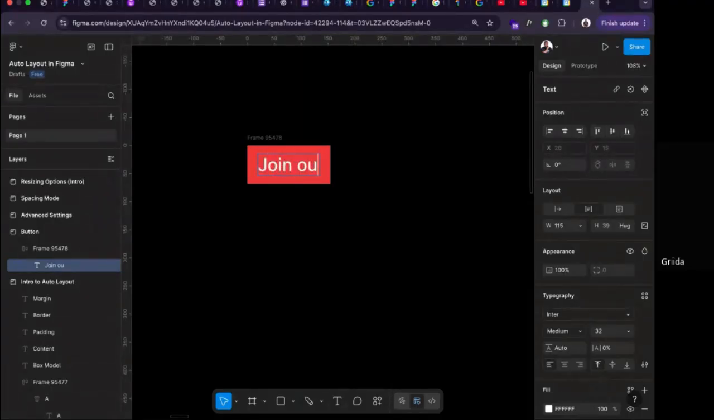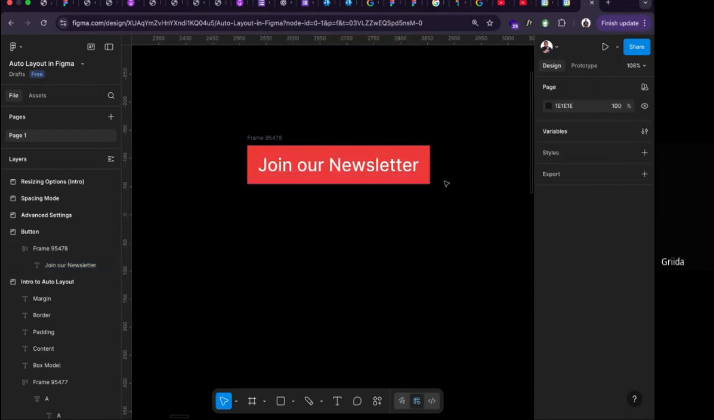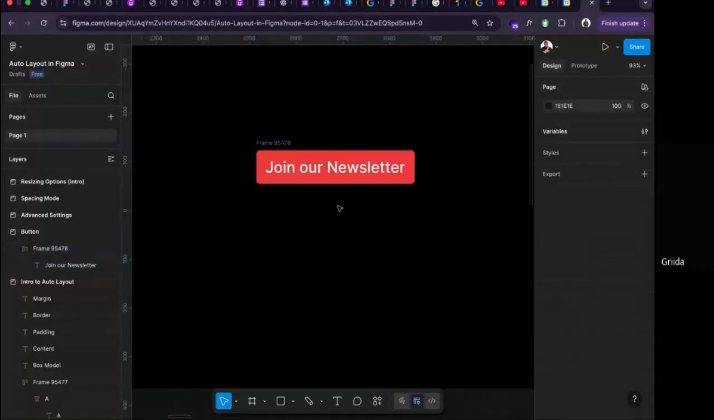you say join newsletter. Now this is from the text. So you say join our newsletter, it is still going to maintain that position, right? So we can give it a border radius. Border radius is not an auto layout property actually. So we can say border radius of 12 or 8, and we have this. So no matter what, it can